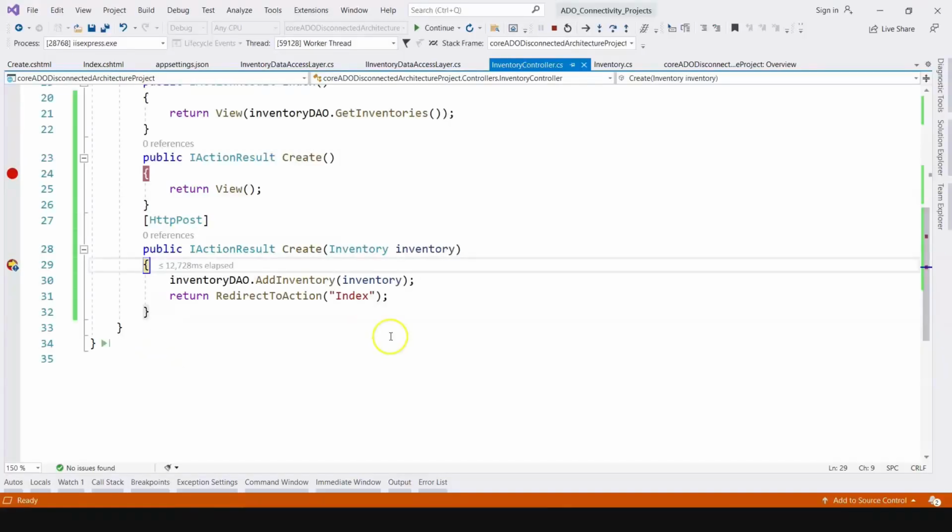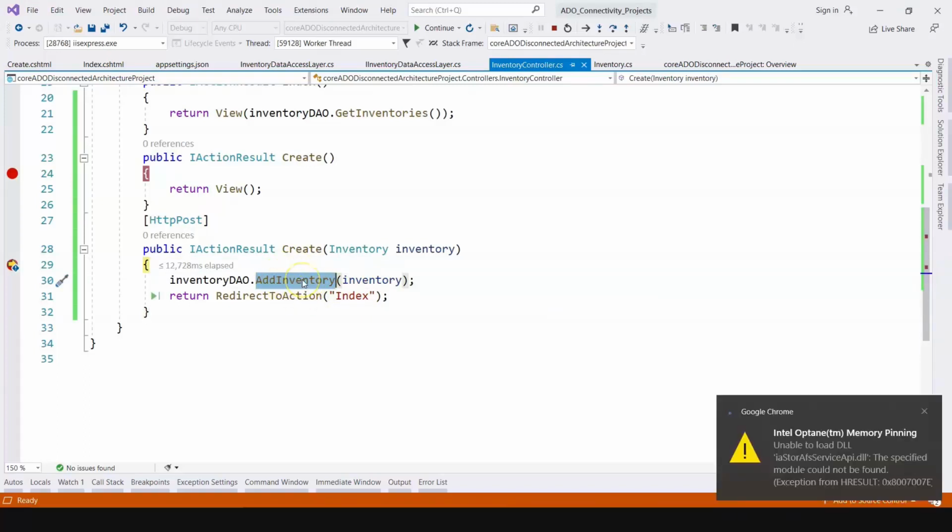The moment I click on create, I need to check whether this object is populated or not. So you can see that the object has the data populated, and the same has been sent to this add inventory. Now I have to modify this add inventory method to add a new record